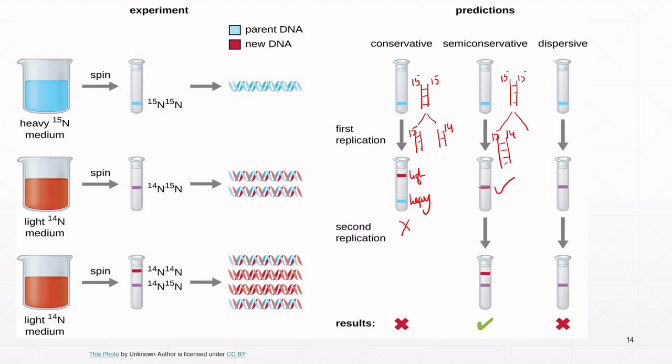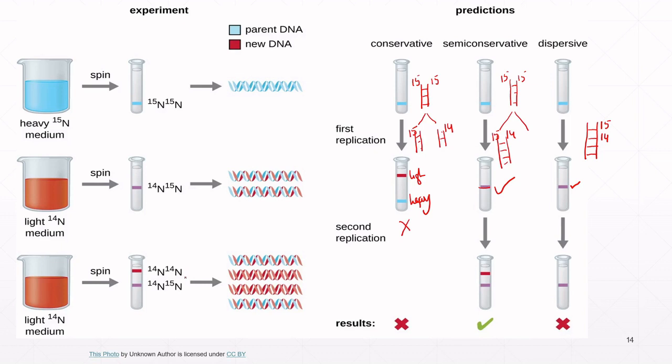Coming to the dispersive mode, according to the dispersive mode, the daughter DNAs will have fragments of both parent and the new daughter DNAs. So the daughter DNA will have N15 isotope and also N14 isotope. So it will obviously form a hybrid band, which is also true with the experimental result. So by the end of the first generation, the conservative mode is disproved, but the semi-conservative and dispersive modes are proved. And after the second generation,